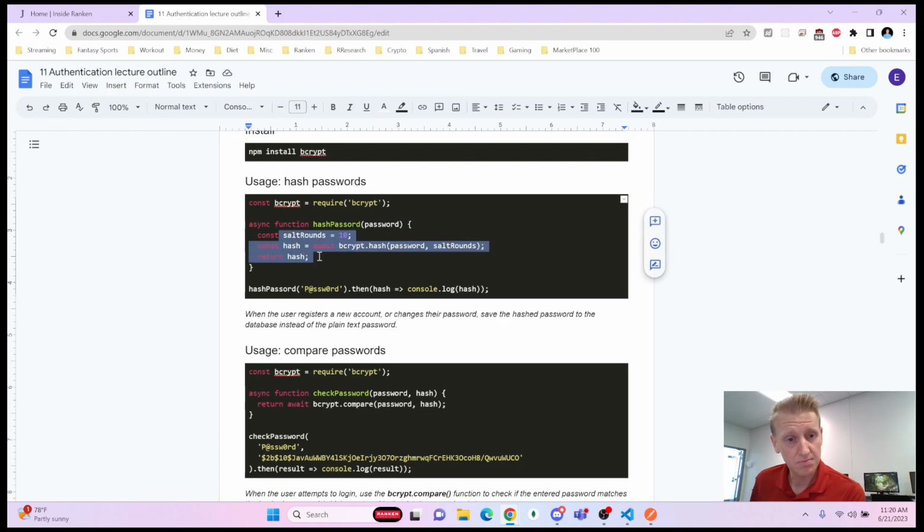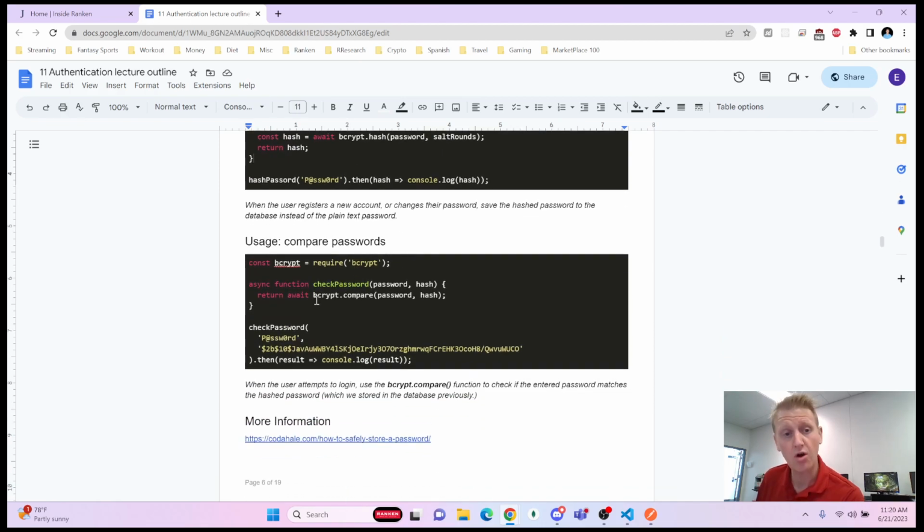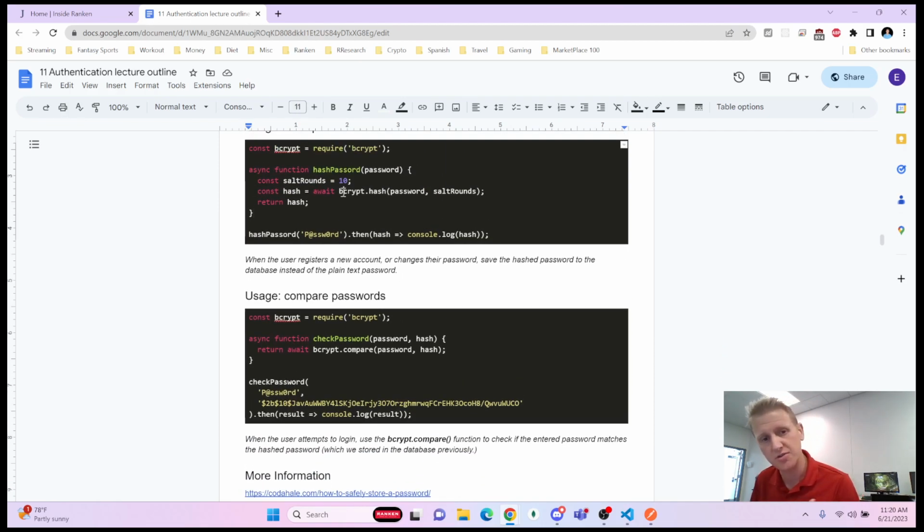This is what we do when we save the user's password to the database, and so it'll be an encrypted password plus some number of salt rounds to really secure it. And then on the other side, this is going to be encrypting the data, and then you have to decrypt the data. The bcrypt.hash is to encrypt, and bcrypt.compare